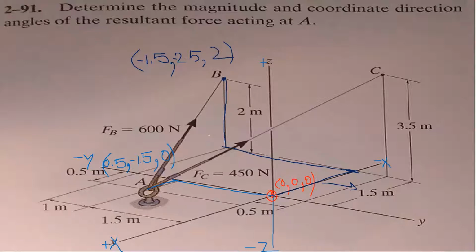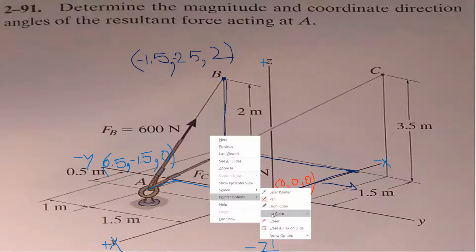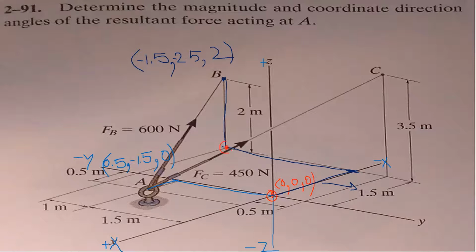If somebody is going to ask you to find the coordinates of this point, it is very easy. After finding point B's coordinates, you can easily find out, when you move from here to here, it will be minus 1.5. And for this point, parallel to y-axis, minus 2.5, as you have taken for point B as well. And for the third coordinate, because this point is not raised above or below, the z component will be 0. So this is the way you can easily find it out.